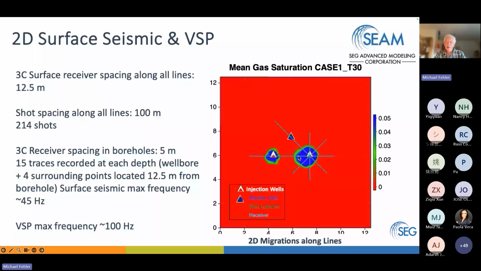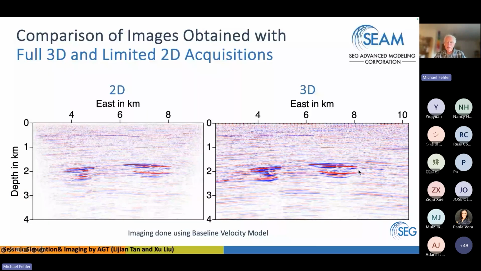Here, the right side is the 3D image that I showed you previously, again, migrated with the baseline model. The left side is the 2D image, again, just using a line of shots simulated in 3D. So we have 3D wave propagation effects, but it's been migrated as a 2D migration. And you can see the migration is actually pretty good. There are details that are not present in 2D, but the general features of the migrations are not too different. So it shows some hope that 2D acquisition has some benefit. And again, users can experiment with these data to their own liking to investigate different scenarios.